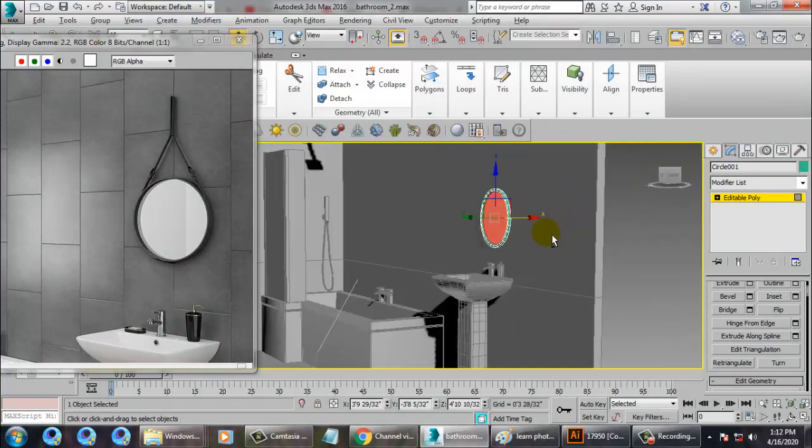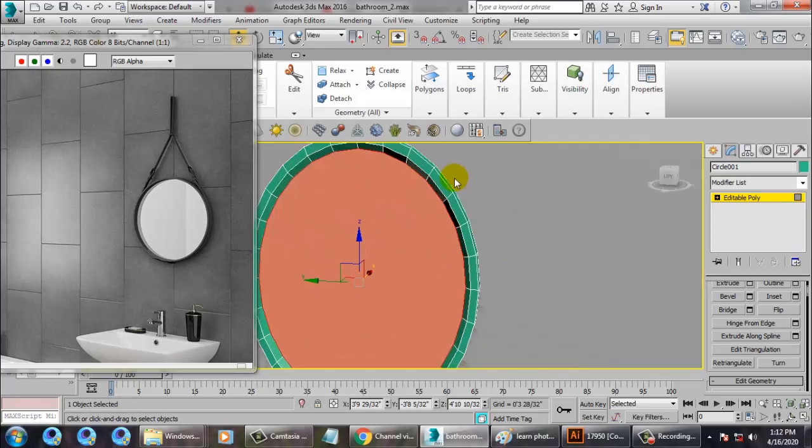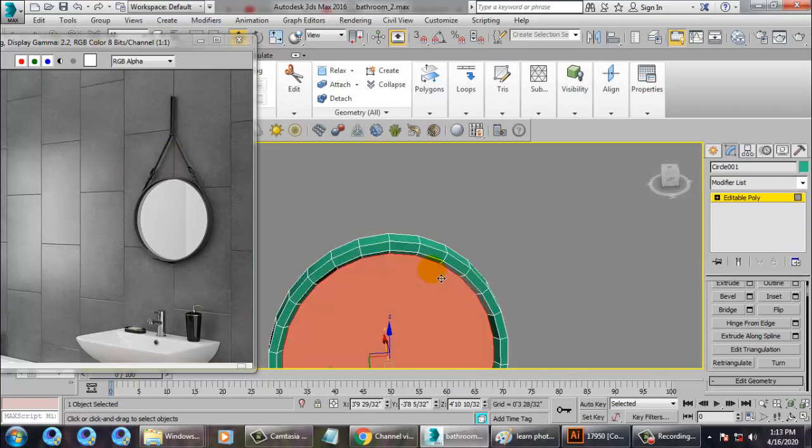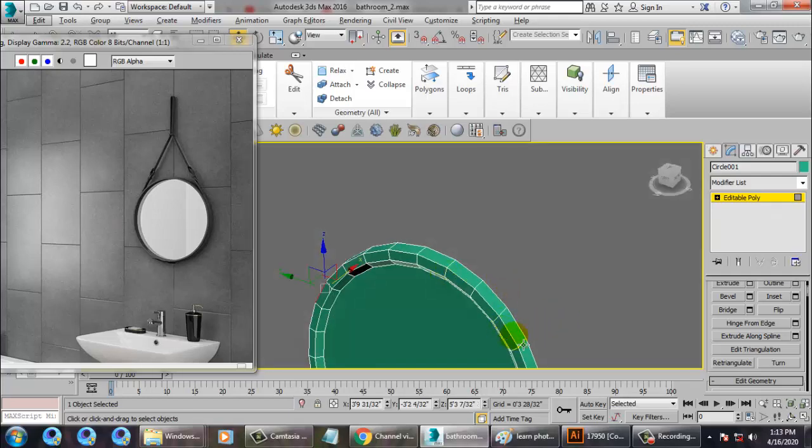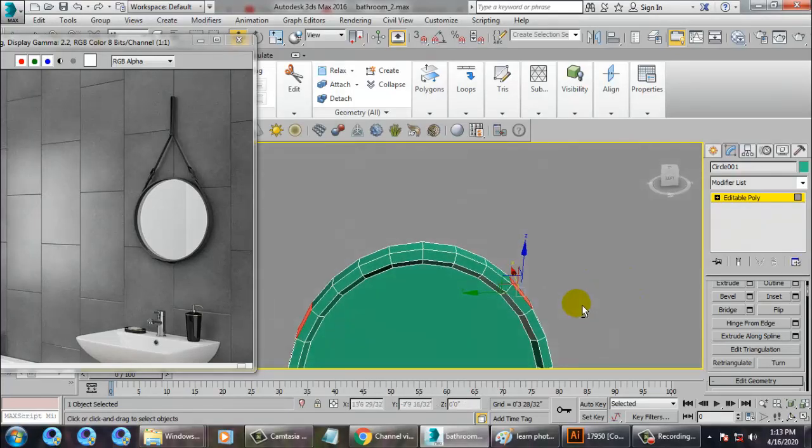So make sure you are adjusting this stuff properly. Alright, it's your choice how you create it. If you want this design, you can create those designs also. It's very simple. You can just extrude this from the top and make those designs.